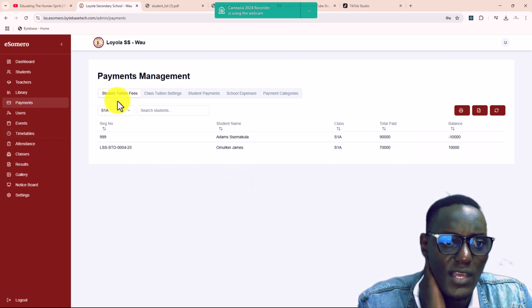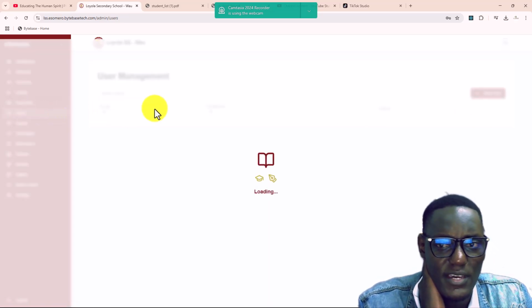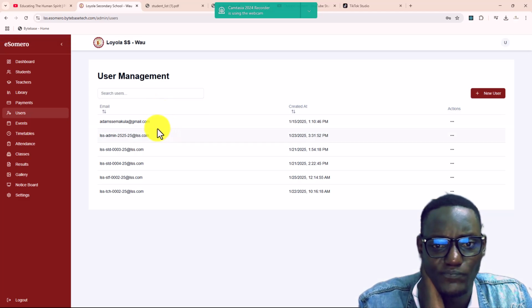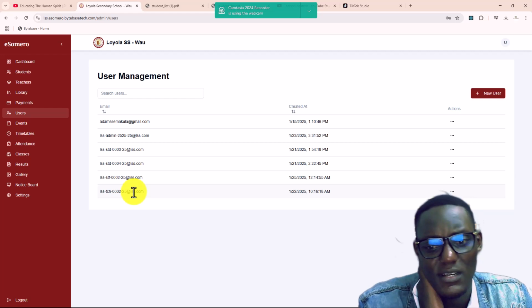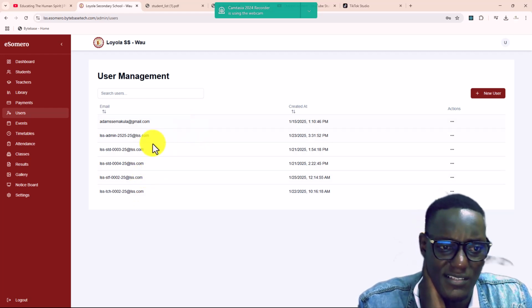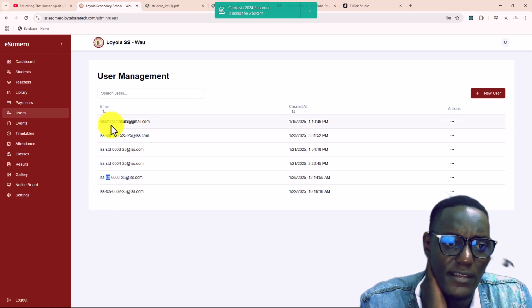Then that is the payment menu. Then we can go to users. So here in users, these are the people registered on the system as users. So this STD means the students, the STF symbolizes the staff members or the teachers, and then the